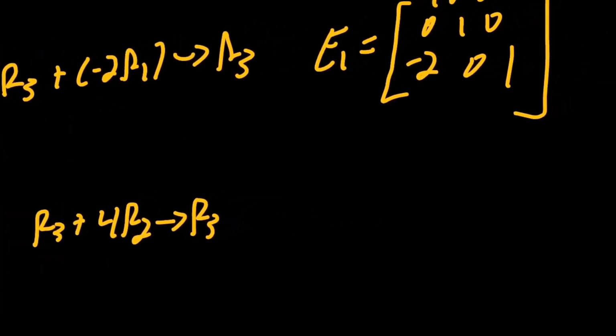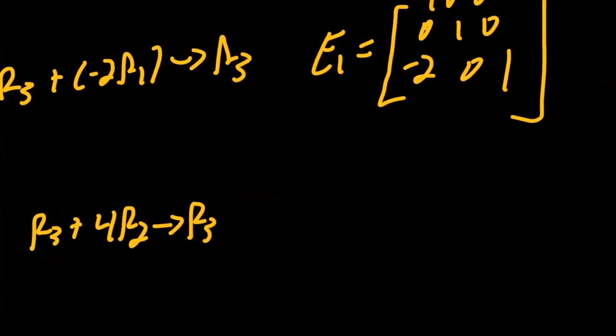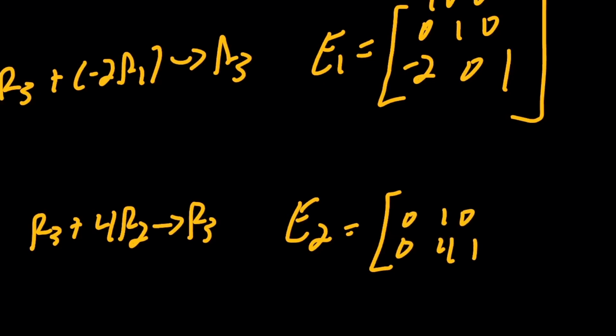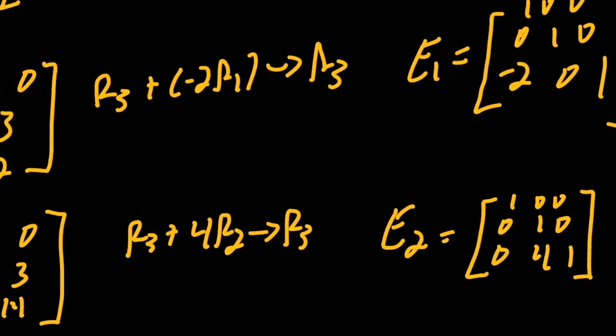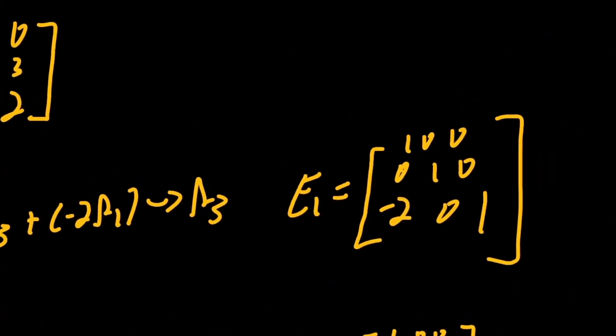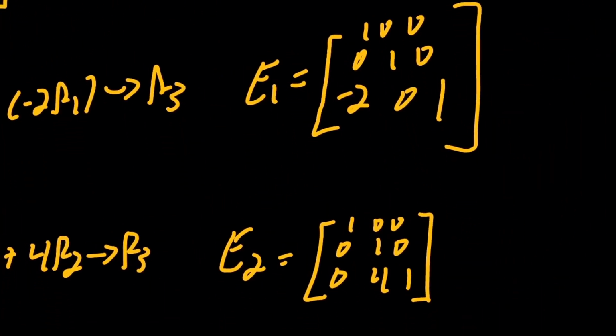And what does that look like for our elementary matrix? Oh, it's going to look like this. We added row 2 times 4, so the third row should have 0, 4, 1, with rows 1 and 2 staying the same. Okay, so since we have the elementary row operations and our elementary matrices right here,